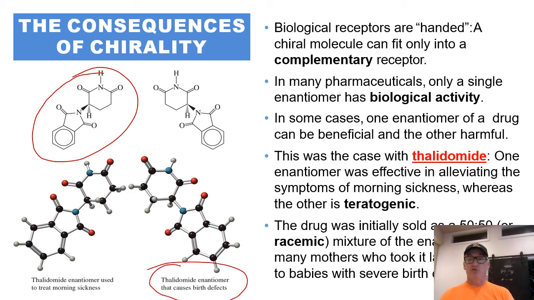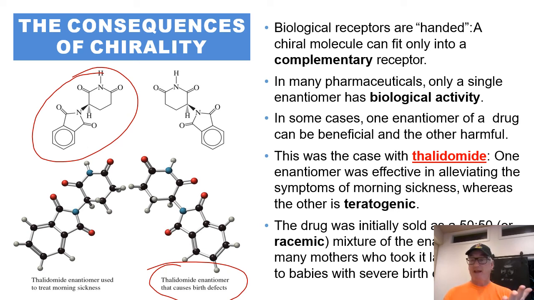It's what we call a teratogen. It gets intercalated into DNA and causes mutations and birth defects. The only difference is a single carbon, where the arrangement of the groups on that one carbon changes everything. And the problem was this was synthesized in a solution that got a 50-50 mixture of both. And that will happen